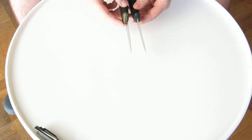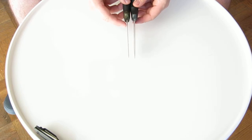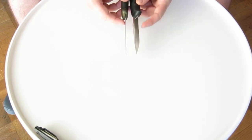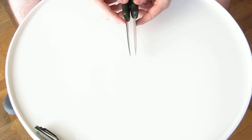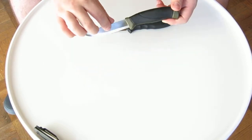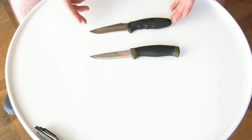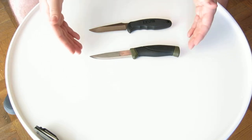Compared to the Mora, I have to say that the Sog comes with a much sharper blade. Now it's probably at an angle of, I'd say, maybe 15 to 17, where the Mora knife's more at maybe a 20. So in time I could sharpen the Mora and make it a little bit sharper, but out of the box, which is the comparison we're going to work with here, the Sog is much sharper than the Mora. However,